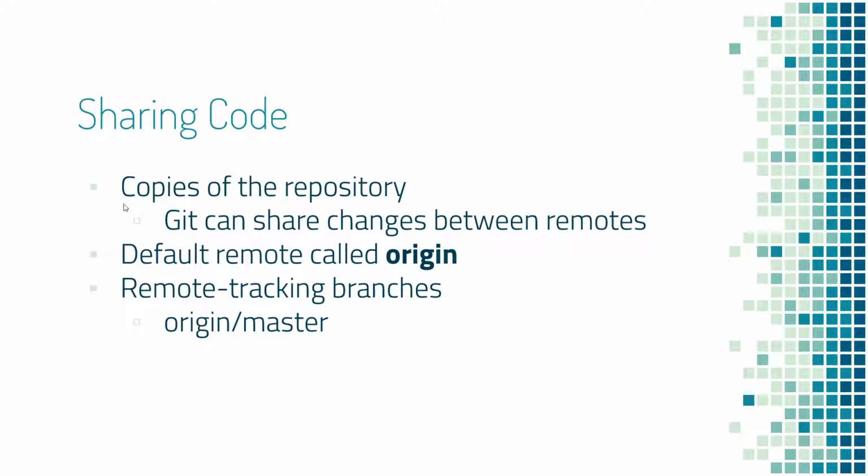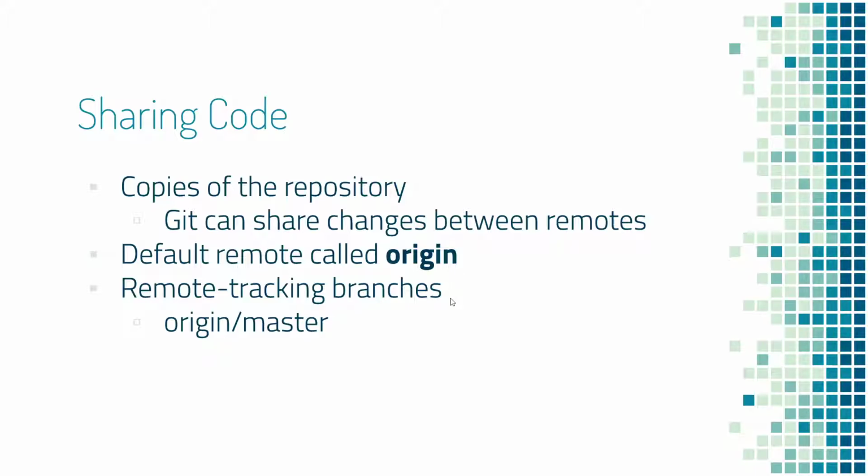So yeah, a remote is a copy of a repository that is somewhere else, and Git has the ability to share your changes to the repository in both directions, both from the changes on your remote copied over to your machine and vice versa. So the changes you've made on your machine copied over to the remote. By default, the first remote you add is usually called origin,